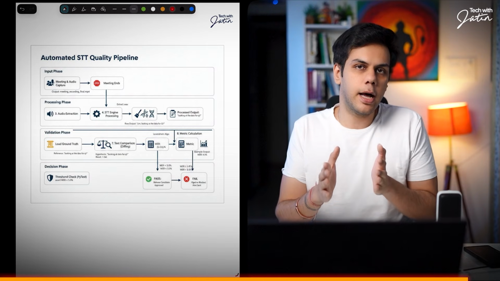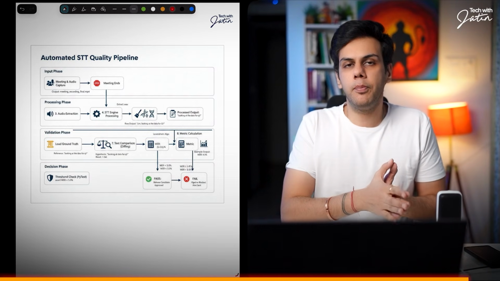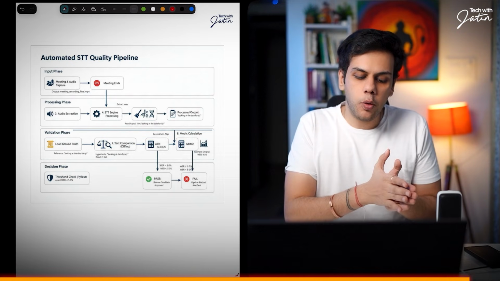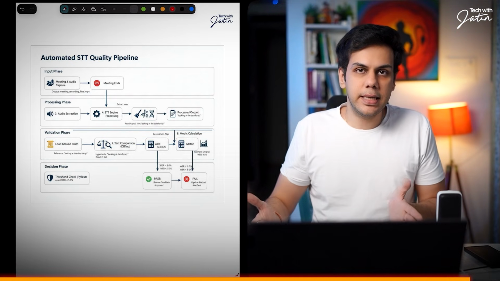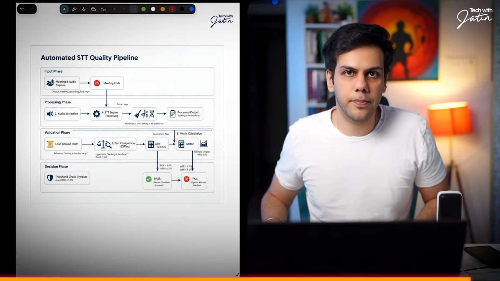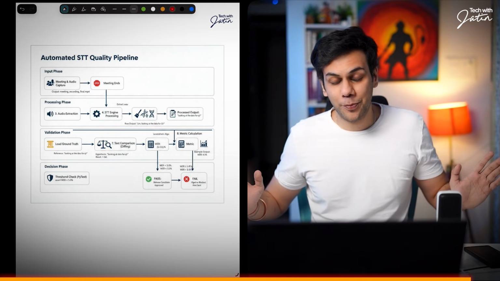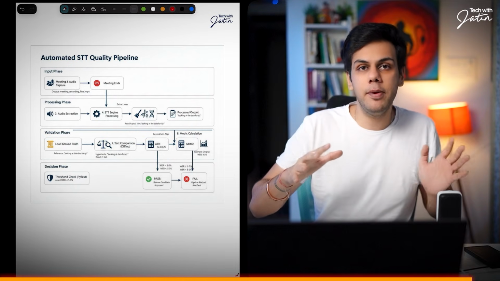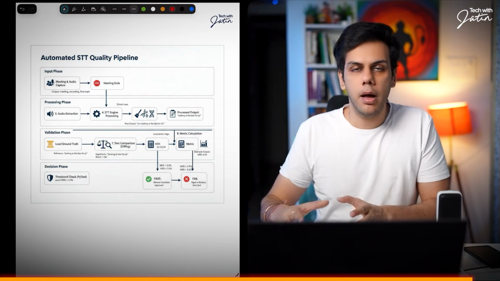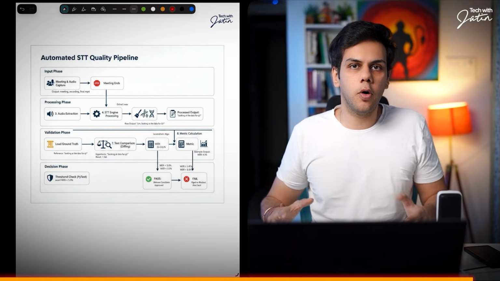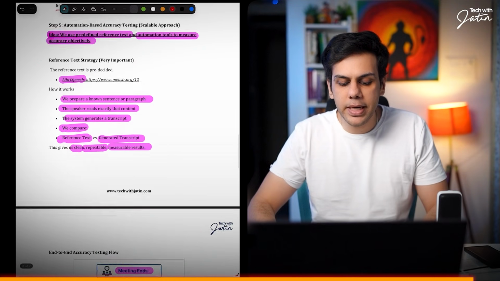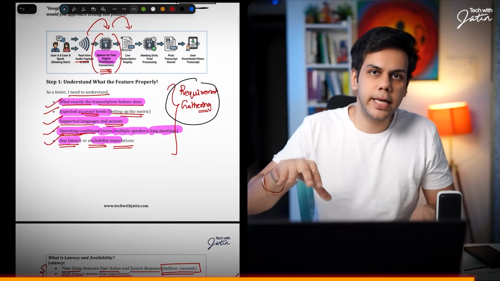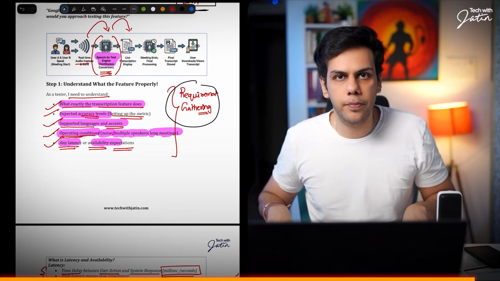But here, I have given you a completely different project and how exactly we will be testing this particular feature. I'm not saying that your project needs to implement this kind of feature. But if you're really aware of how exactly you will be testing a speech to text engine, you can definitely take it as leverage in your interview.